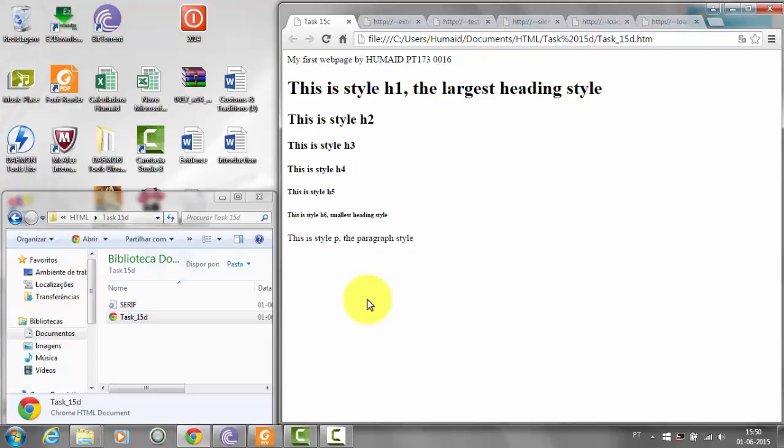Grouping style definitions. As all the styles have the same values for the font family property, you can group all of the styles together and change the value only once. This style sheet can be specified in this single line. Edit it and save it so that it replaces the old version.